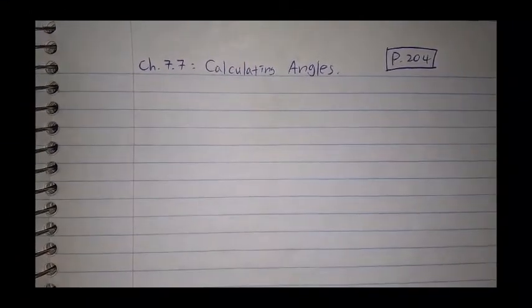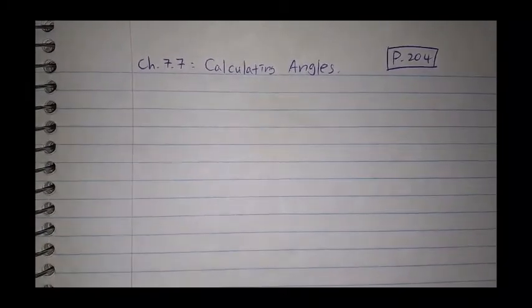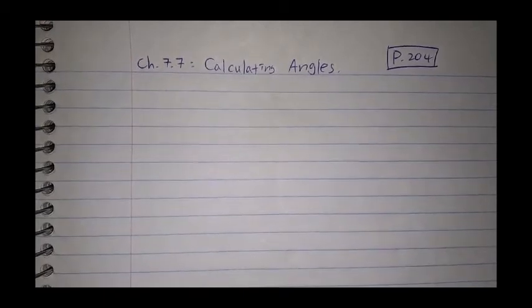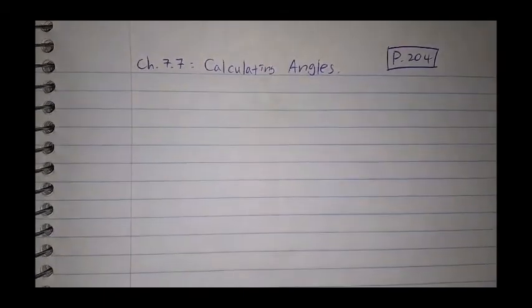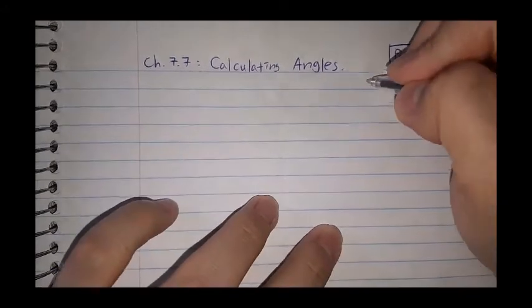Alright, let's get this started. Today's lesson is chapter 7.7. That concludes this chapter 7, and today we need a ruler